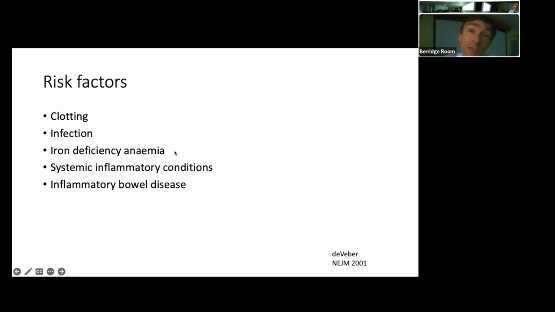We see this sometimes in infants. It's usually slightly older infants, so maybe a few months old, not the neonatal group. You sometimes see it in children that are exclusively breastfed, because breast milk doesn't have a very high iron content. And I think it's not clear why iron deficiency anemia causes